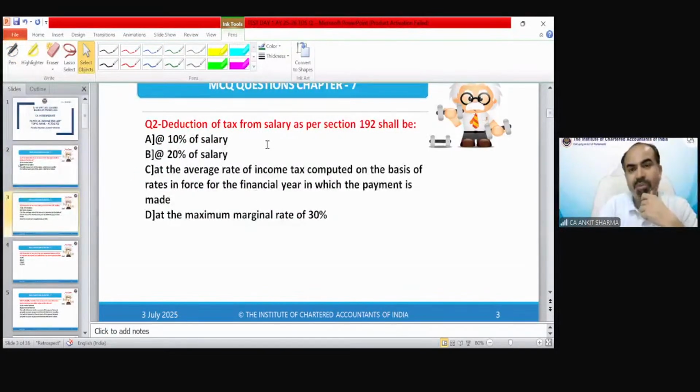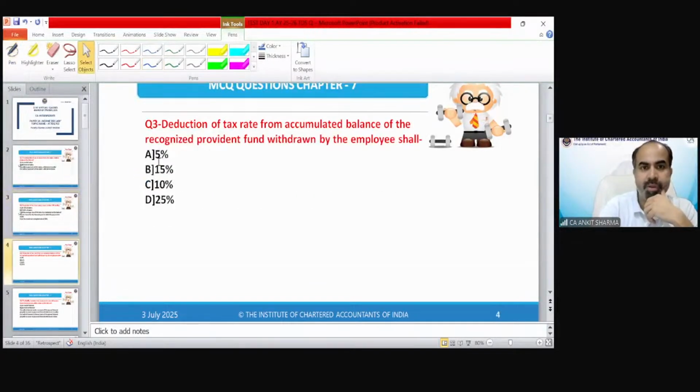Deduction of tax from salary as per section 192 shall be, which is the correct answer? Kindly read it. The correct answer is option number C. Deduction of tax rate from accumulated balance of the recognized provident fund withdrawn by employee shall be, the correct answer is